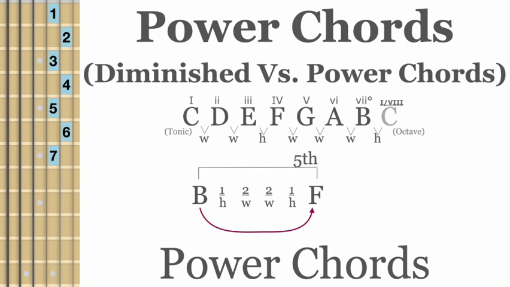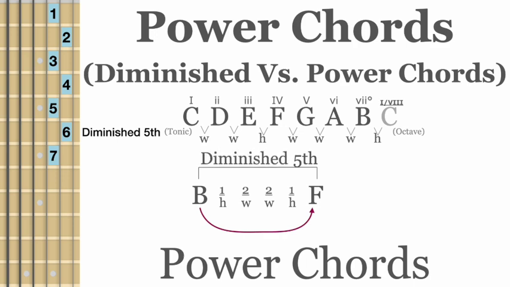F is definitely the 5th of B, but it's only 6 frets, which kind of brings us to our tritone. But since we're talking in the context of the fifth, it's a diminished fifth, right? And so, because B to F is a fifth, excuse me, but it's only 6 frets, that gives us